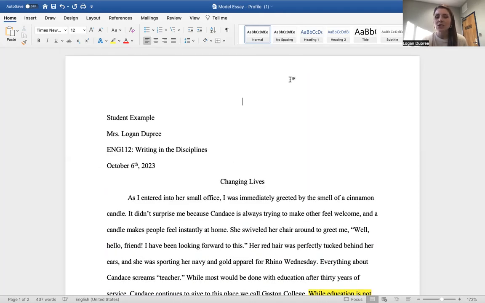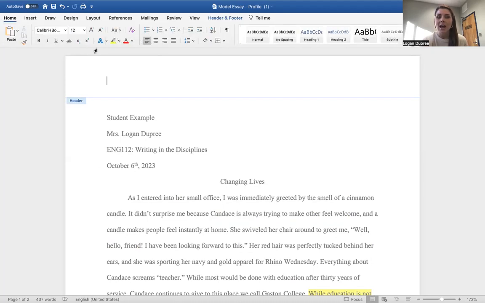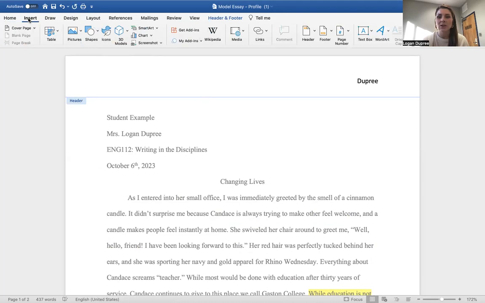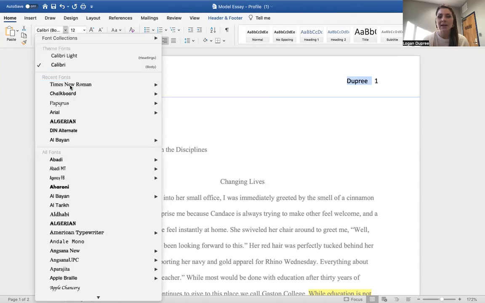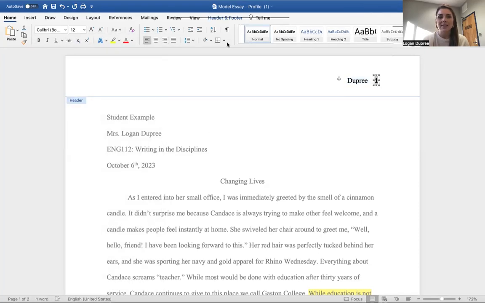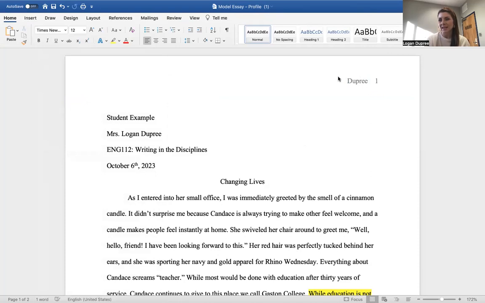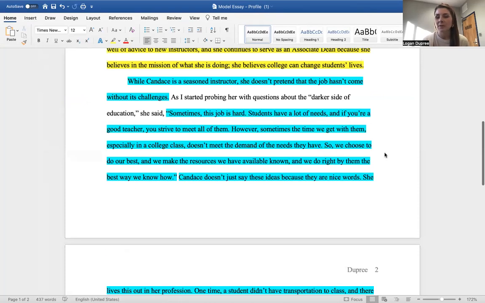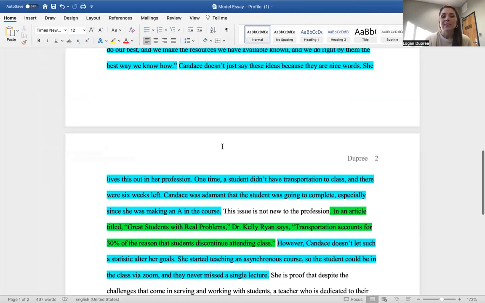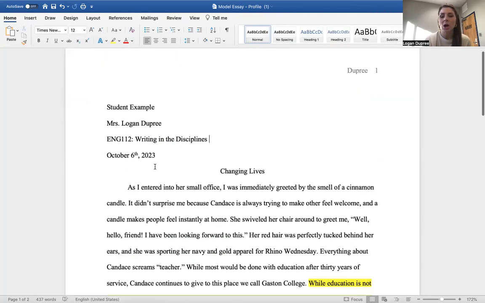And then there should be no extra space between your header and your title as you enter into your essay. And then you should also have your header that's in the top right corner. And this is just going to be your last name and then a page number. So if you can see, I use the insert button, page number, and then I'm going to align it to the right, and it puts it right in there for me. I'm going to highlight all of that and then put it in Times New Roman. And then I'm going to click on my number, and I'm also going to put that in Times New Roman. So as you can see, you have the last name and the page number there, and it'll be reflected in every header.